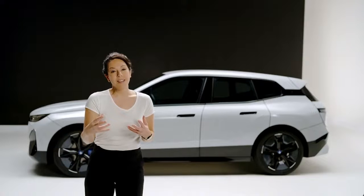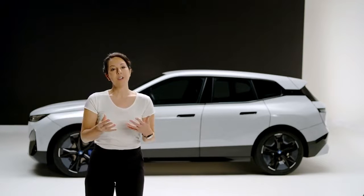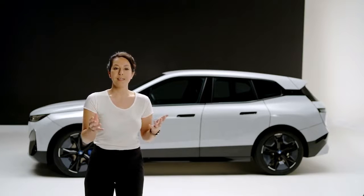BMW is premiering the use of e-ink in automotive, and we see a number of benefits for our customers. The first is personalization, self-expression. You choose the clothes you wear in the morning, you choose your social media status, and you choose the color